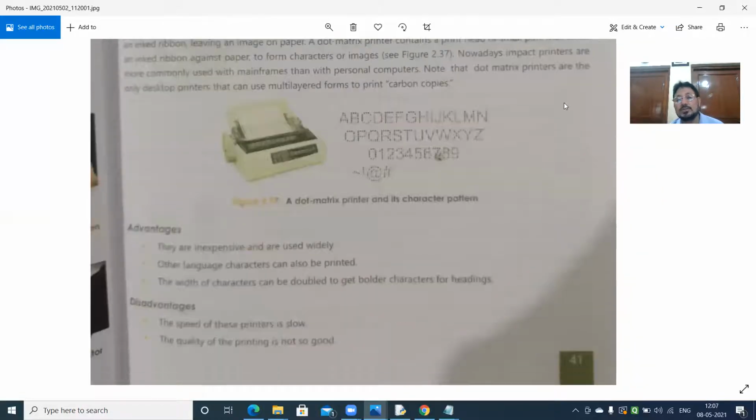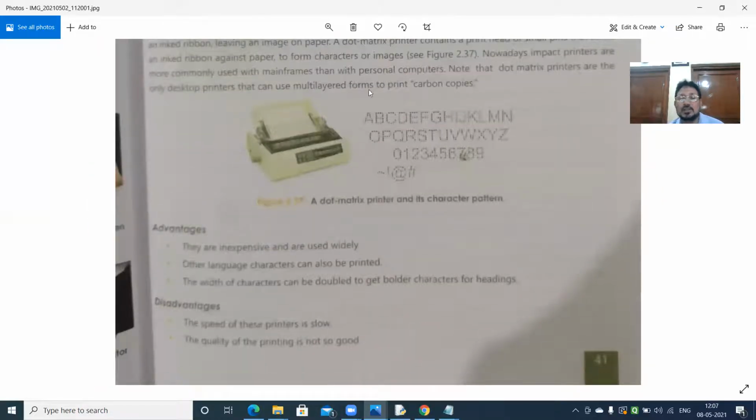A dot matrix character is formed by different dots. Advantages: they are inexpensive. Cost is very low. That's why I told you railways and banking, where you want the slips. Even many restaurants still use dot matrix printers, but now mostly I've seen laser printing.